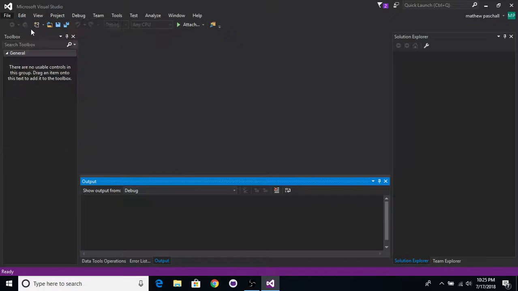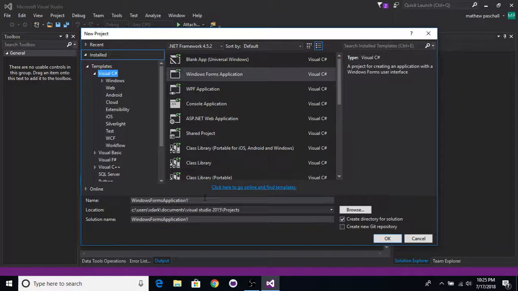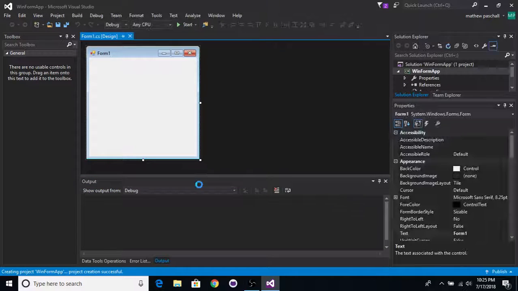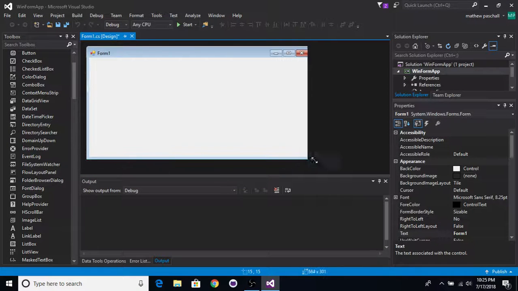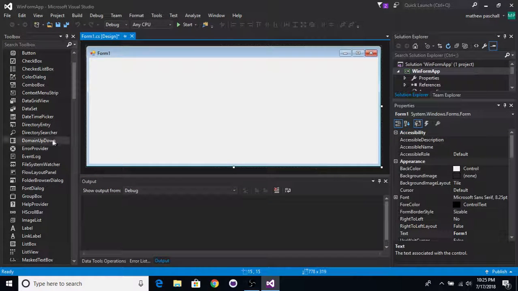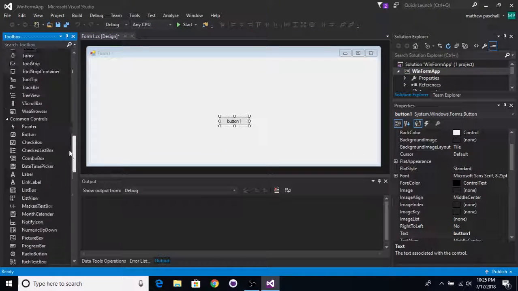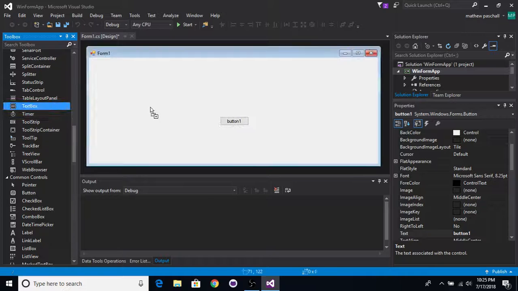So we'll go to File here. We'll go to New, Project. We'll go to Windows Form. And we'll just name it Windows Forms Applications. We'll go ahead and expand this so we have it across the screen. We'll add a button, a text box,